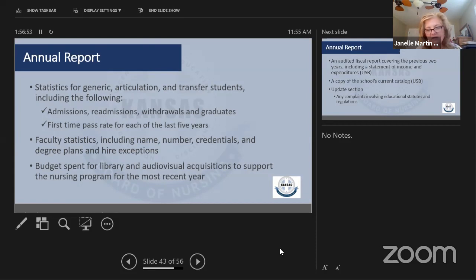And I don't know how to, I think that's one of the things we're going to have to work on in terms of, so everybody's answering the same. But if you have a person who's teaching at both the PN and the ADN level for your program, and they're consistently in the program throughout, I would consider them full-time faculty for both. But if you have one who teaches one course at the PN level, but everything else at the ADN, I would consider them full-time for ADN and not in the PN.